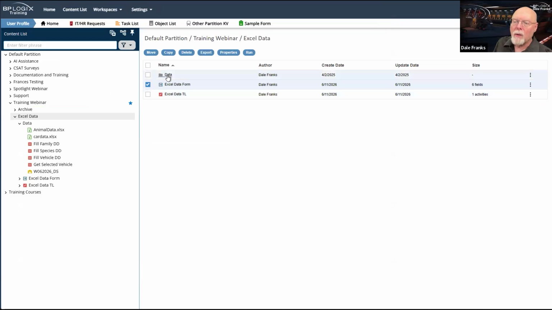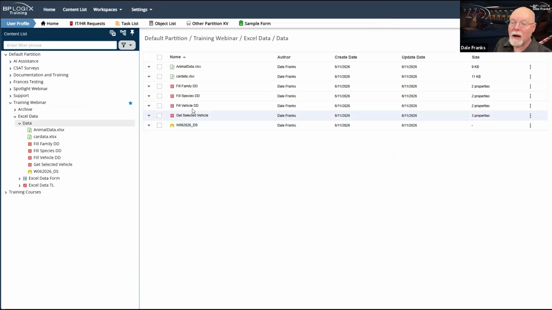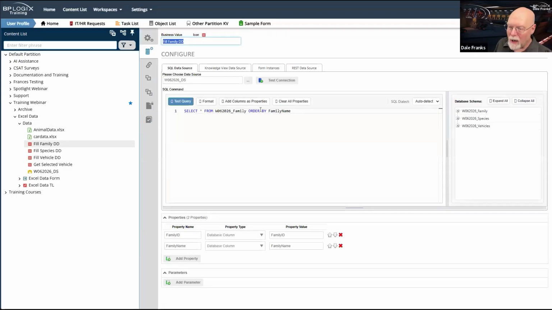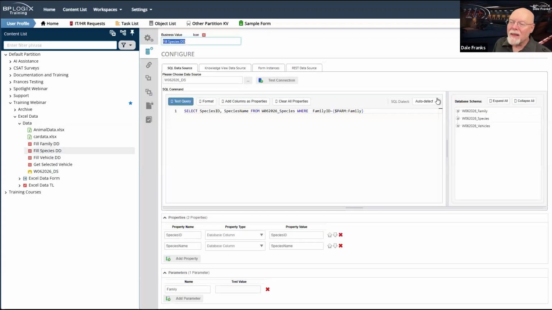So we are going to have to go back and check both of those. We're going to want to check our fill family DD. I did do it right, order by family name. They just happen to be in the right alphabetical order in my table. But if they weren't, that would fix it anyway. So that's good. However, this one is bad.